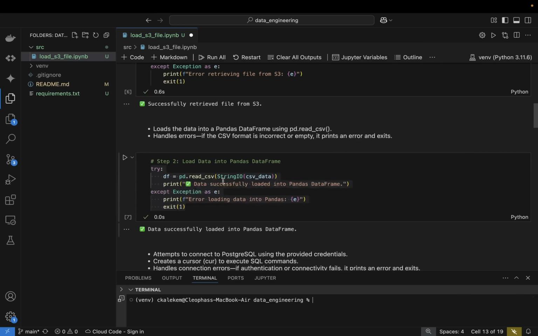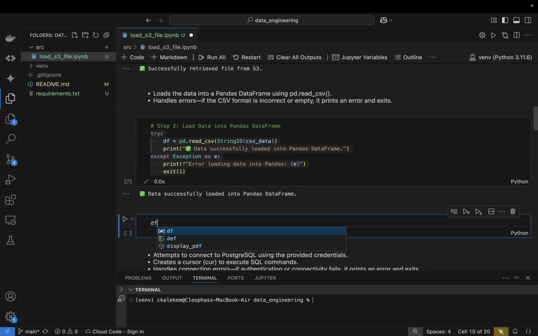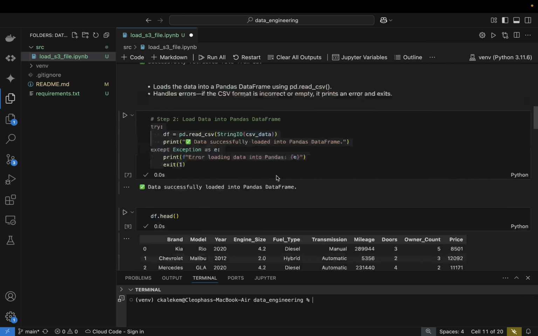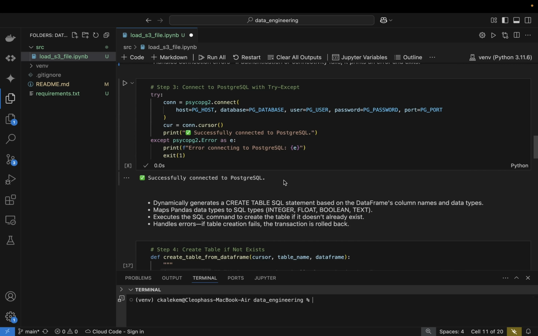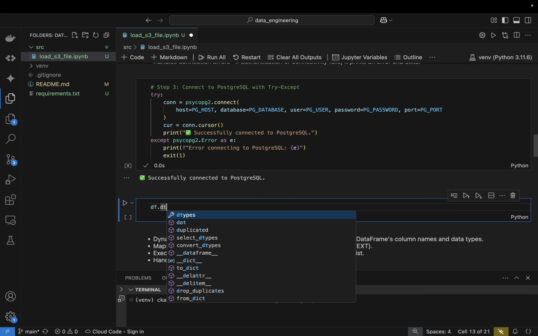Where is that step? Right here. So let's see, if we do df here and just do head, okay, like so, you can see the first 5 records of how this data looks like. So this is what is inside the pandas data frame. So this is the structure of that file. We have the data here, and if we were to do after this, let's say the df data types,